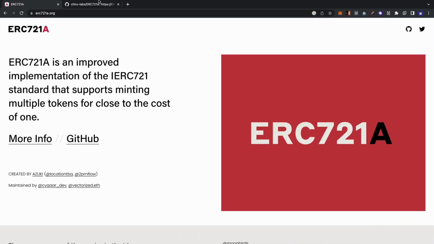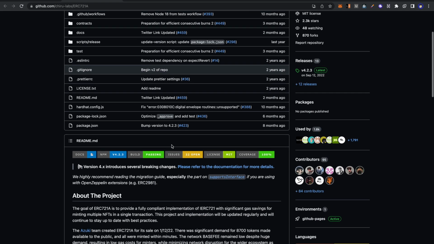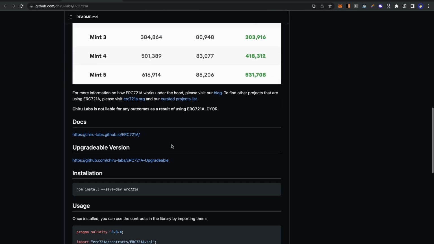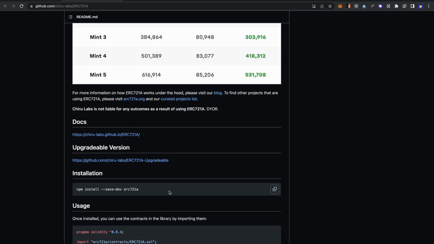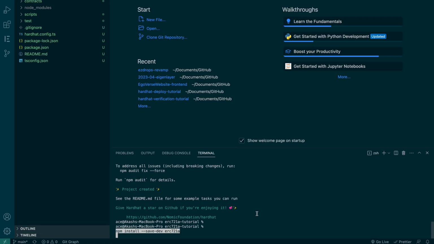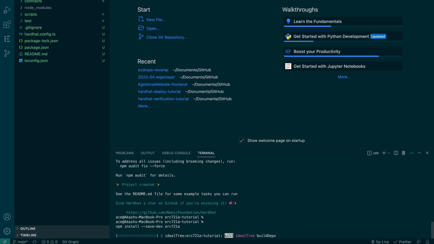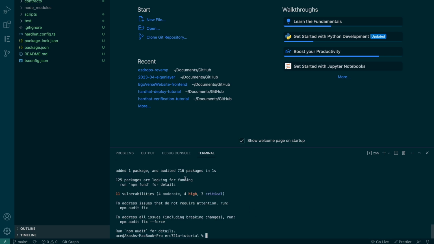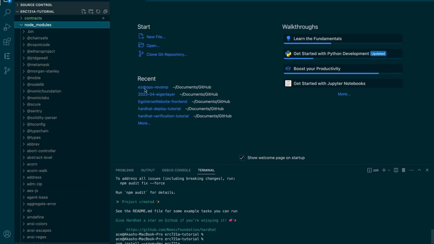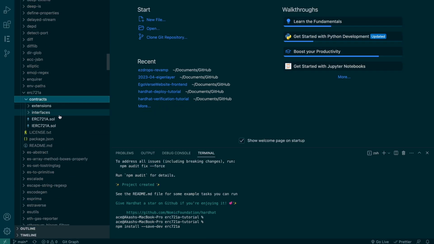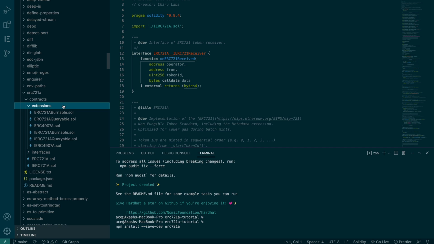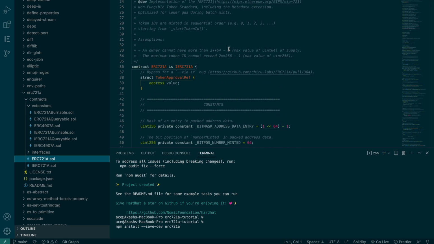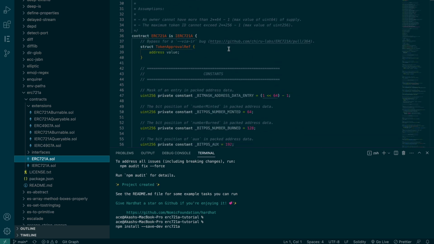After that, we install the ERC721A package by typing the command npm i --save-dev erc721a. Command should be on your screen right now. You can check your node_modules folder for the ERC721A package. Inside the contracts directory, it contains the standard ERC721A implementation. It also contains extensions that extend the base implementation, but for this video, we'll stick to using the base implementation